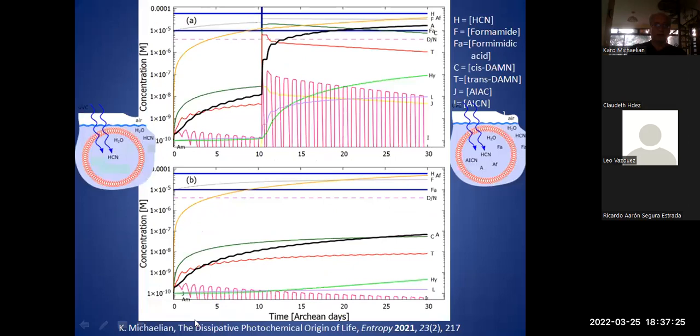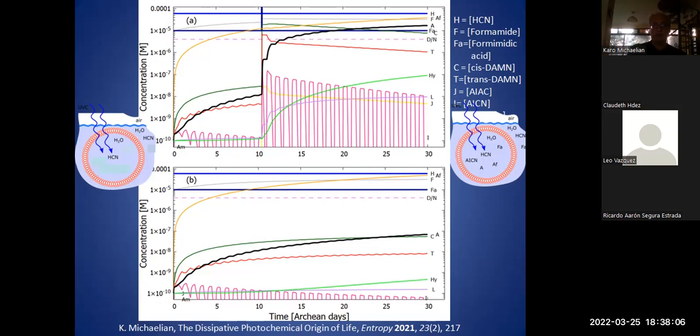And when we do that, these are the graphs we get. And this is for adenine, which is the important one. And then you see when we have the perturbation, we all of a sudden get a very large increase in the production of adenine, and therefore also in the dissipation, because as we mentioned earlier, adenine is the best of the intermediate molecules for absorbing and dissipating photons. And these other lines here, different colors, are the different intermediate molecules as a function of time.